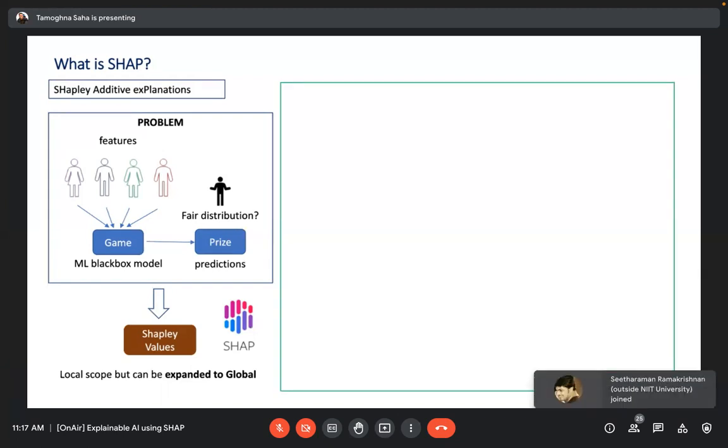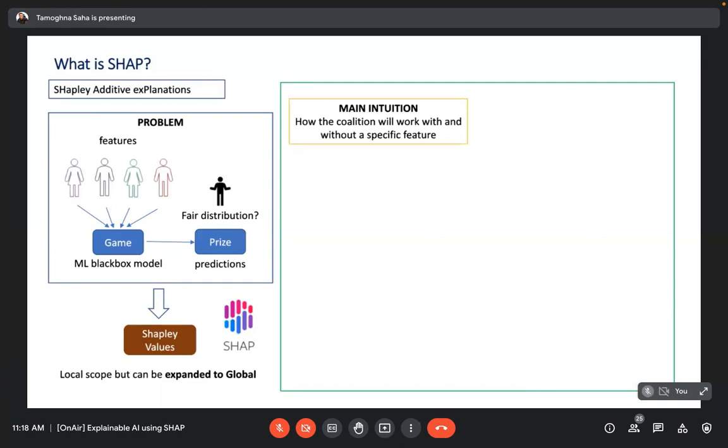Now, let's get a more detailed understanding of how this entire thing is happening. The main intuition for us is the coalition that I was talking about: how the coalition will work with and without a specific feature. For example, among the core team members who are participating, let us consider that this guy is ruled out from the competition for some reason.